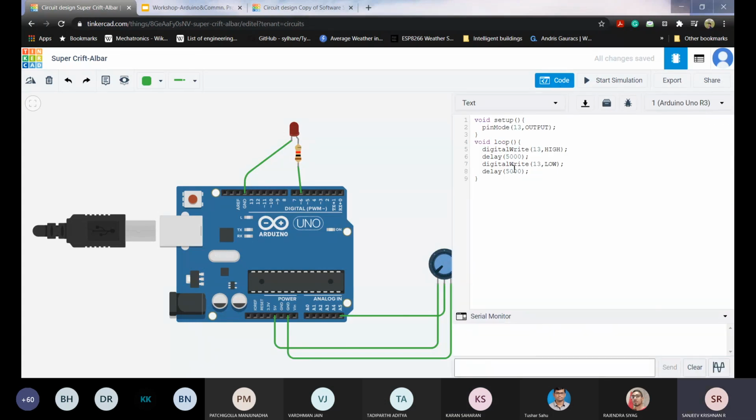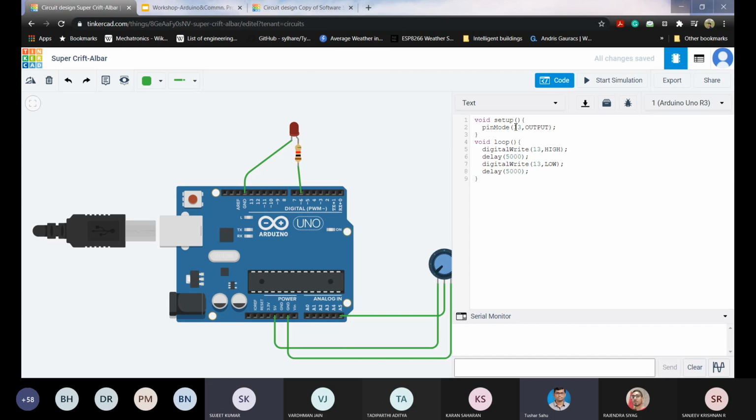So let me start writing the code. Can anybody help me out in writing this code? Replace 13 in the pin mode with 6. In setup, in pin mode, 13 has to be replaced by 6.